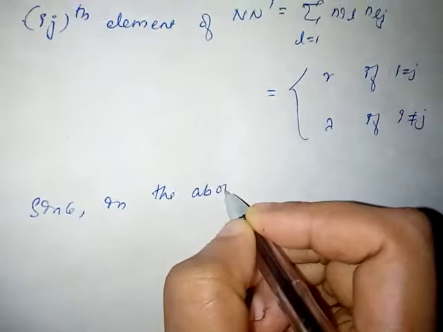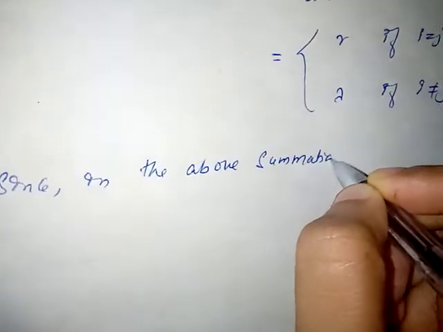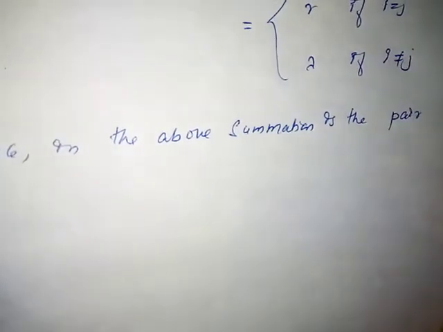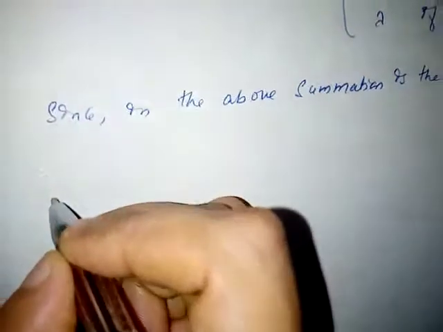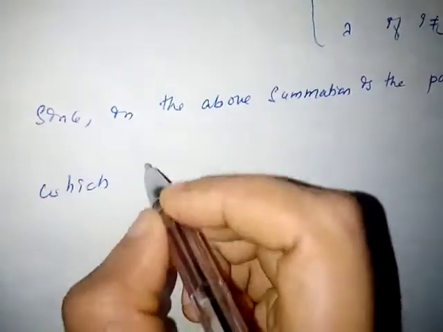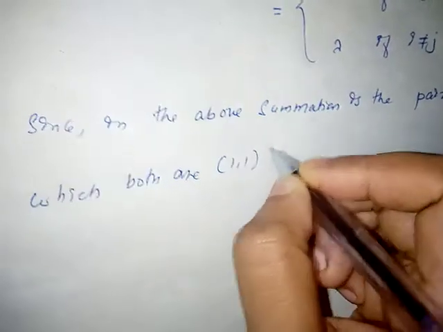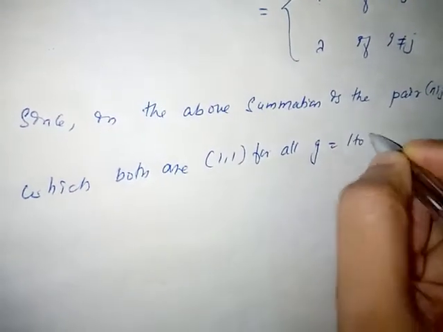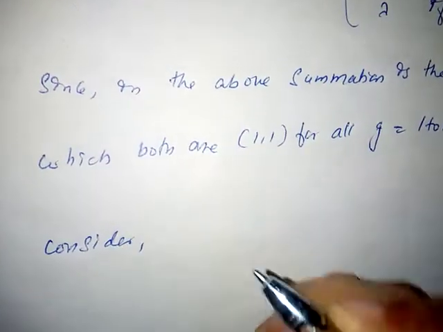Since in the above summation, the pair of n_ij, which both are 1, holds for all j equal to 1 to k. Then consider